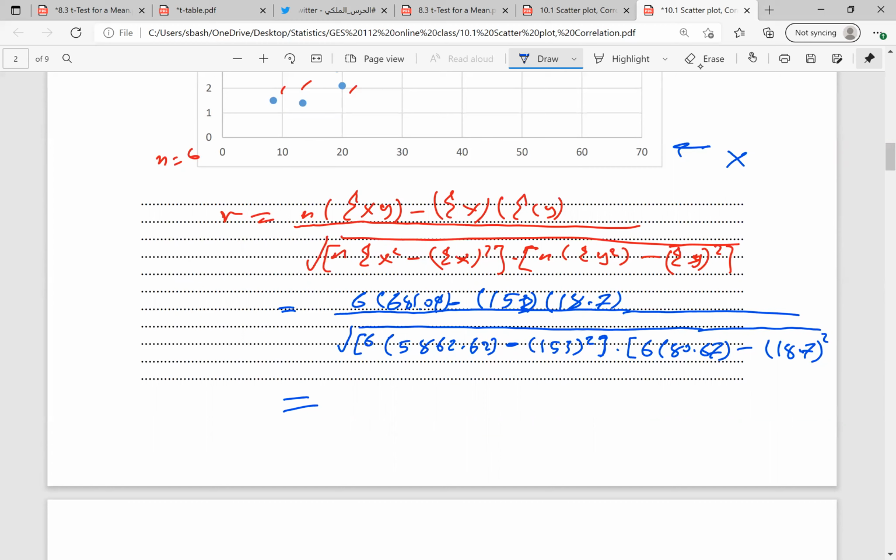I have 6 multiplied by 681.09 minus 153 multiplied by 18.7. That will be 1225.44, divided by